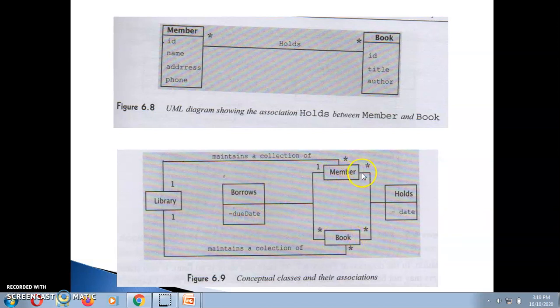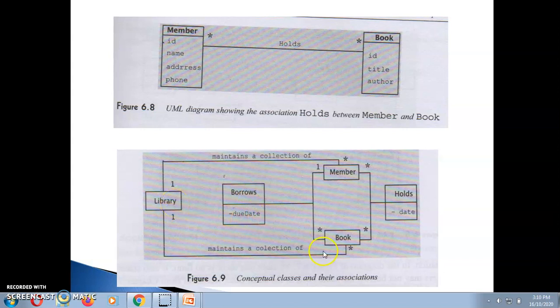And members hold several books. Many members hold several books. And the date, what is the meaning of date, means how many days he is holding that book. So that's why a date is an association which comes between the member and the book. And between member and the book, with respect to borrow, there is a due date present over here.